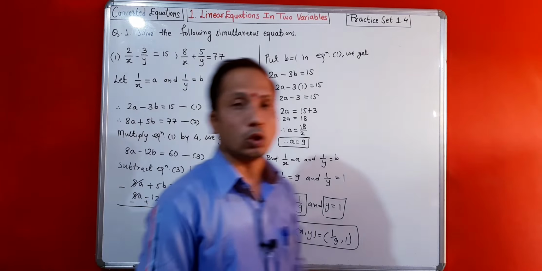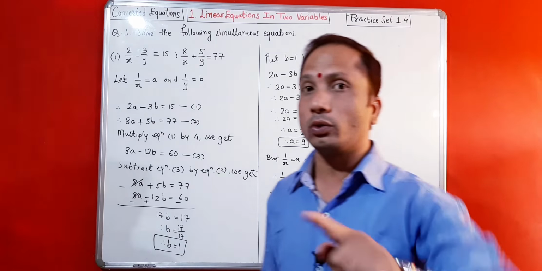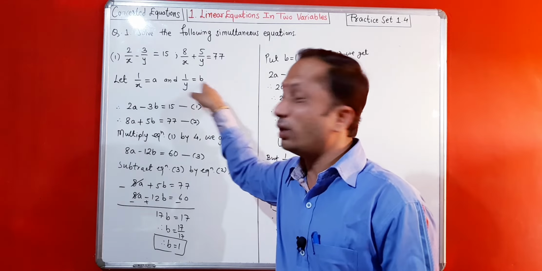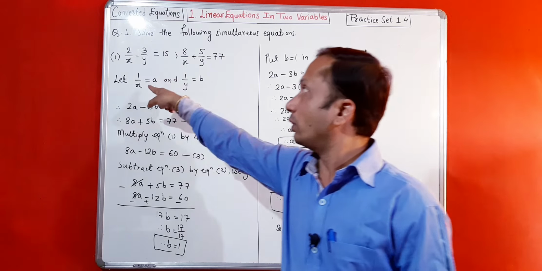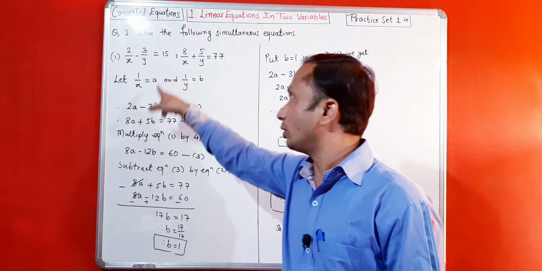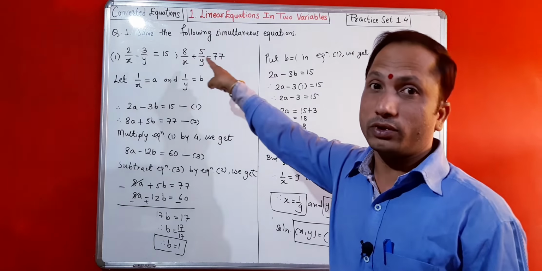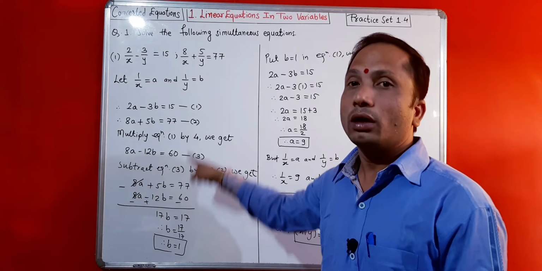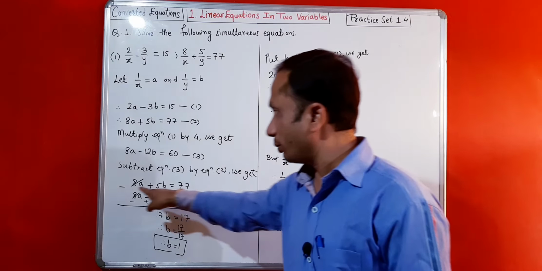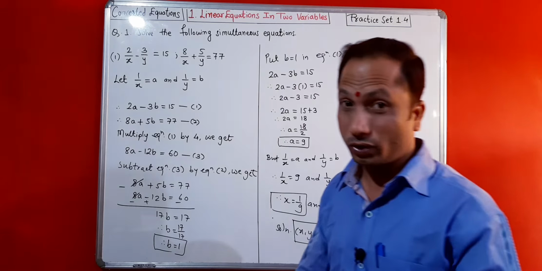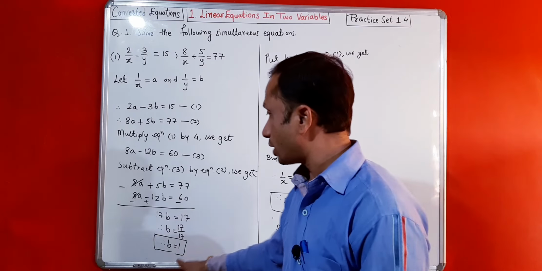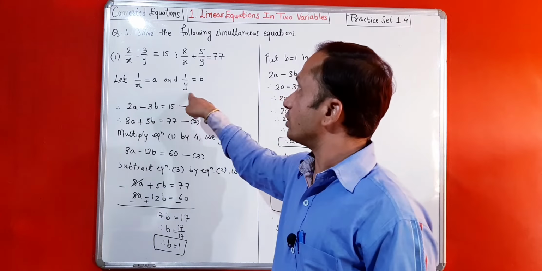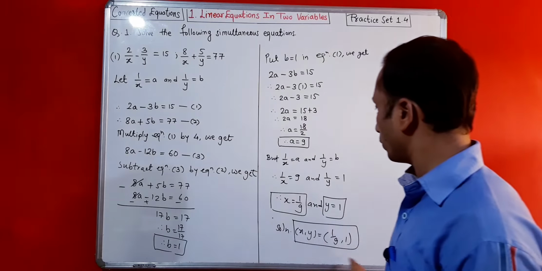In this way we have to solve this type of equation. One thing to remember is that whenever you solve this type of equation, first consider a small alphabet such as a, b, m, n, p, q for 1 upon x, 1 upon y, or whatever terms are in the given equations. Then proceed: this is equation 1, this is equation 2, do the proper process on one equation so that you get a similar coefficient in both equations. Do the subtraction or addition as required, then put the values in the considered equations, do the calculation, and finally you get the solution.